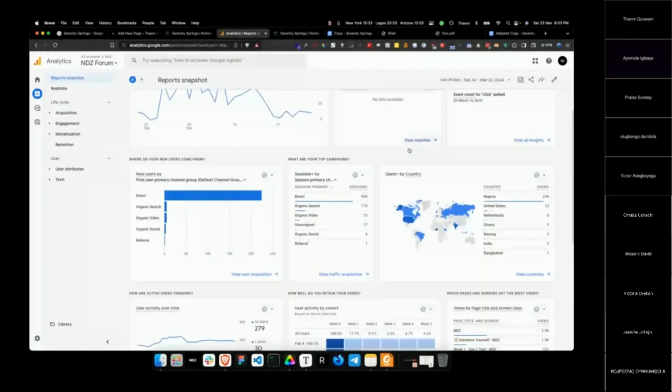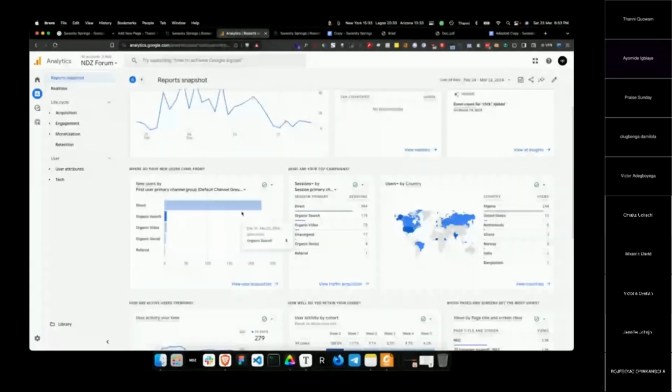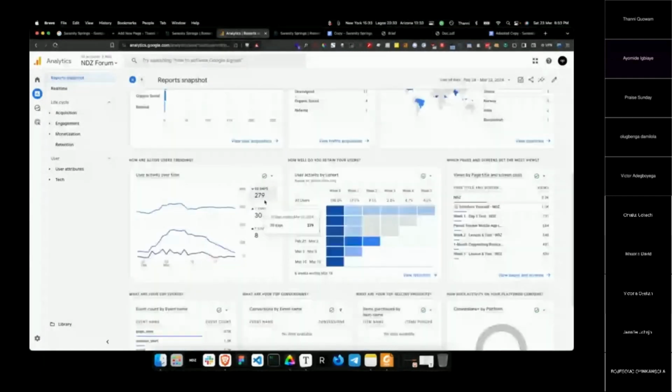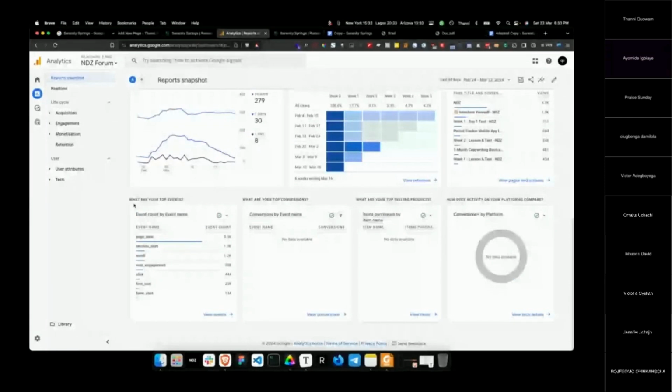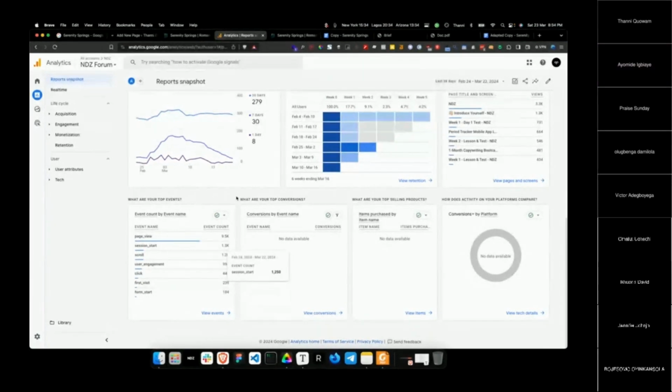You can see Nigeria, United States. You can see all this information, and then you can see what are your top events. That is, like I said, what are the actions that people are taking. The page view, that is the reload, 9.5 thousand views in 30 days. We have 1.3 session. That is, session means when you come to a site,